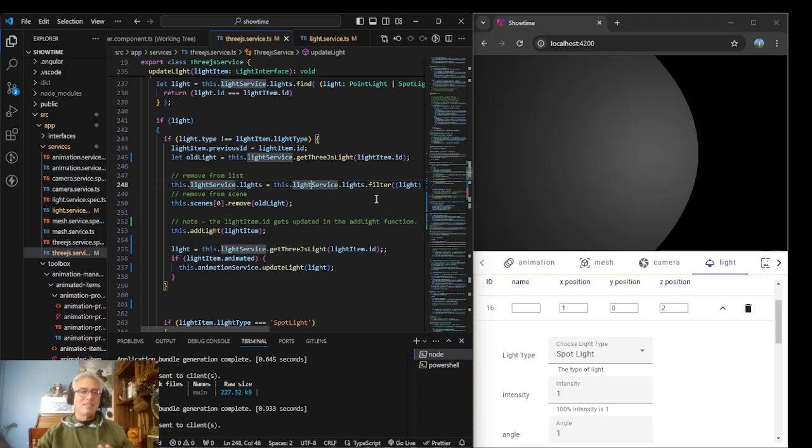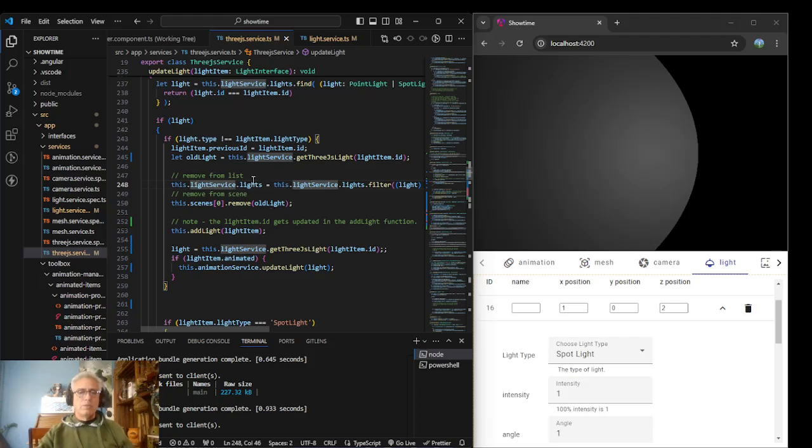And the place that it still exists is A, where I just created the reference, but B, it also exists in the scenes. And so then once I remove it from the scenes, that should open up that piece of memory for the garbage collector to come and take away. So